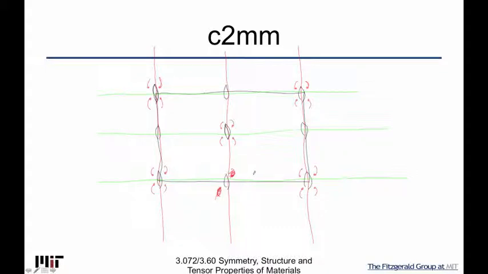So our centered lattice looks a lot like the P2MM, except now we have an element here. And you'll notice that if I look at this element, I could bring it over here in reflection and then translate it down. And that would be this one right here. And of course the same for this one, which brought down here, and then vice versa down to here. So what we realize is we have glide paths here,